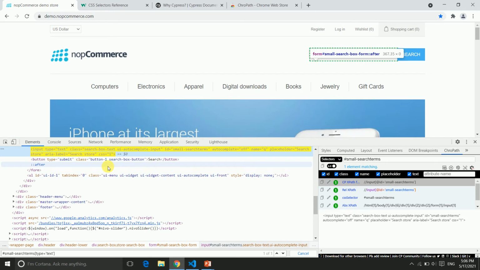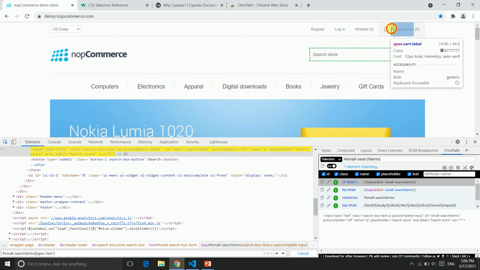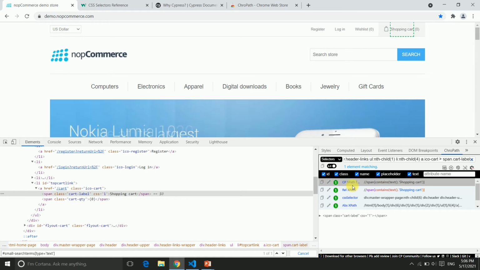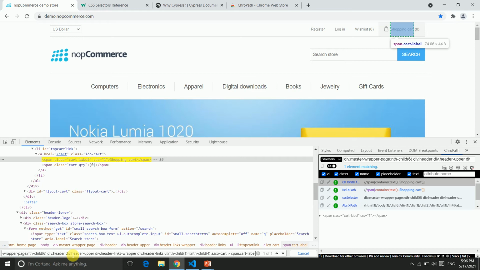So let's see with a different tab. If I highlight this, suppose shopping cart, my path got changed. Now I just copy this CSS, paste here, enter. So you can see that again one element matching, and it's highlighting that particular area of the shopping cart with the dash highlighter. And also you can see the same path in this area, so just copy and paste and enter. So here you can see the highlight, it's highlighting here again for your shopping cart.